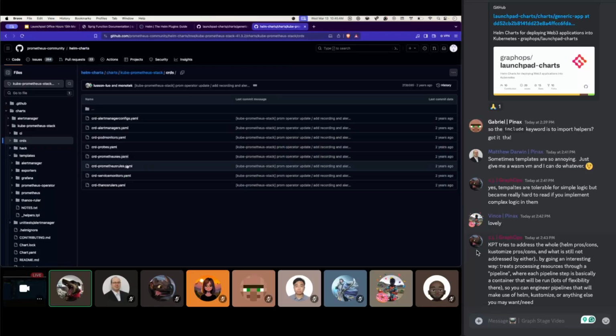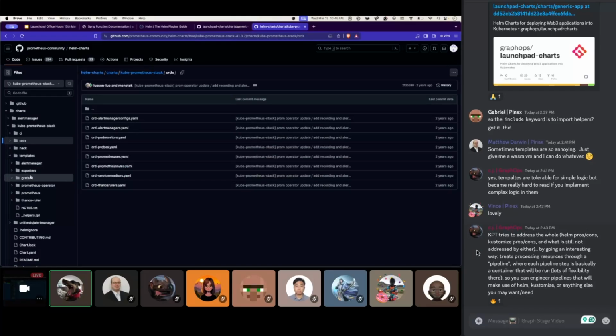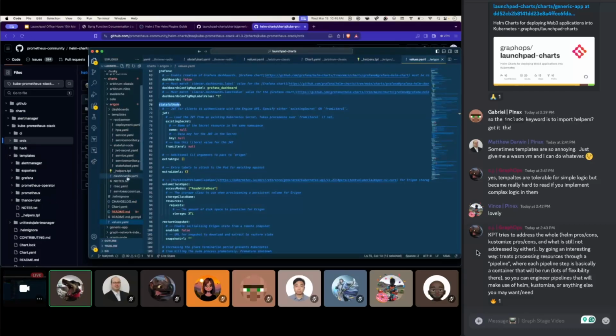You can see the same with the Prometheus chart, which has a lot of components. Each one of its components is grouped under templates, basically a similar pattern as well. And one more thing to mention on our side, there are the components, so the resources that are related to each other, but then there are other resources that are more global, and those have been defined directly in templates. All right, back to